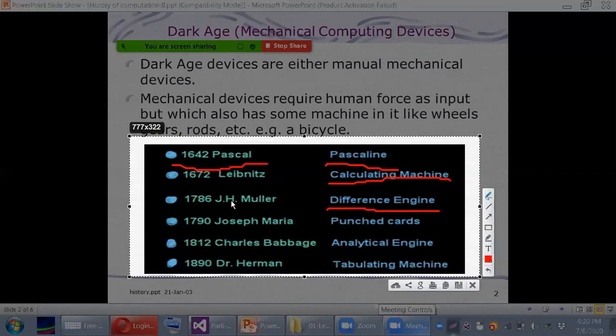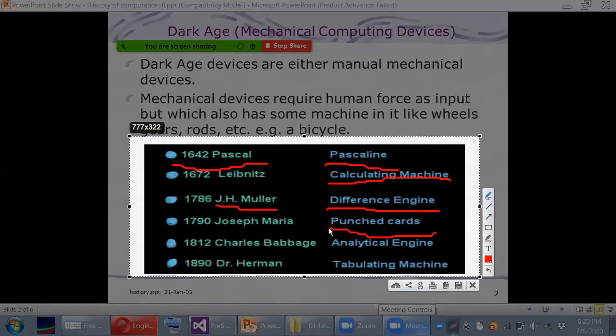The difference engine was invented by J.H. Muller in 1786,